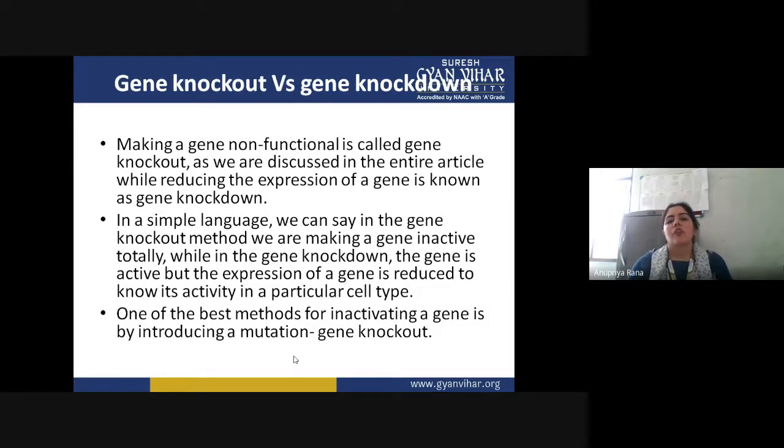This is the last thing: gene knockout versus gene knockdown. In the gene knockout process, we completely remove a gene from their activity. This is the normal process where we knock out a particular whole gene structure and its behavior. But in gene knockdown, we are just introducing some variation inside their functioning. So they can just alter their function. We are not completely taking that gene out from the organism.